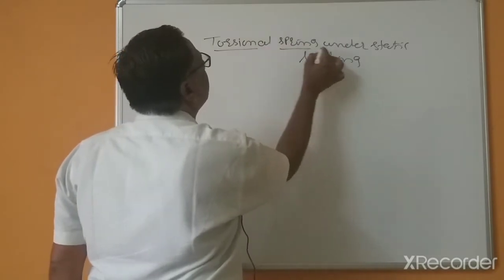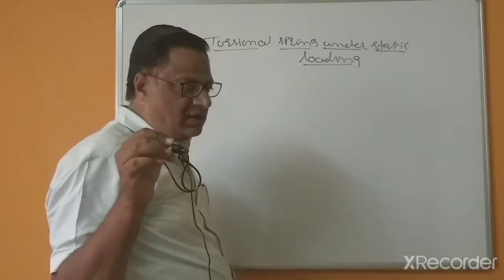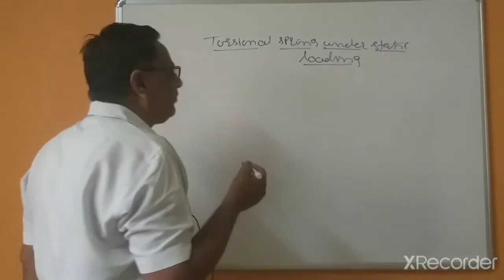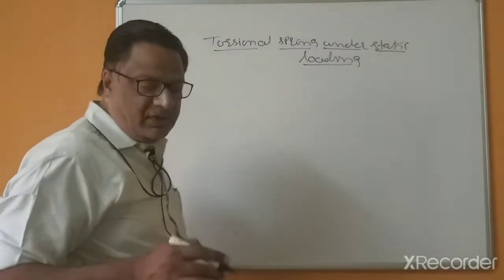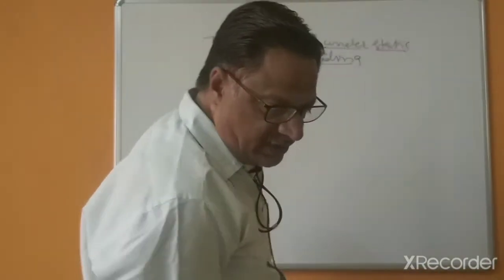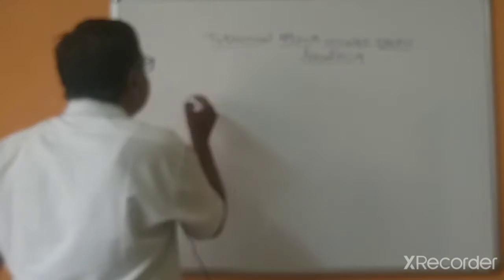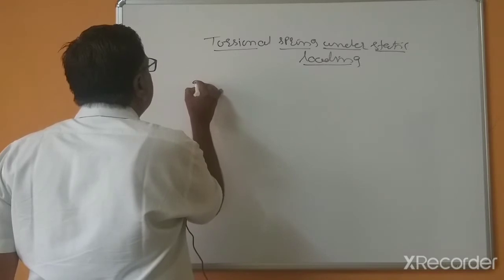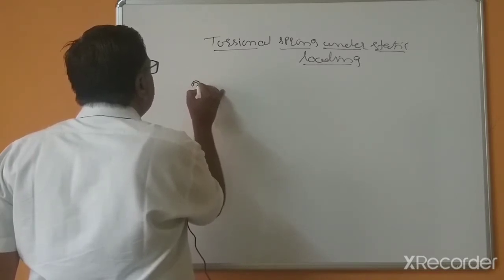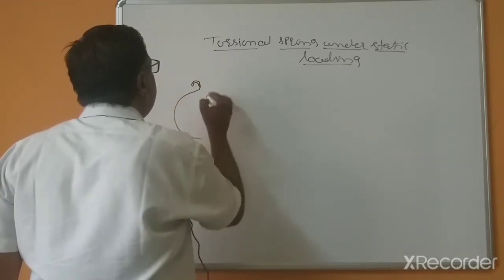We already studied the design of helical compression springs. Generally the stresses in those are compressive stresses. The design of tension springs is not given in our syllabus, so we only studied the design of helical compression springs. Now, the shape of the torsion spring: on both sides hooks are provided, and it is circular type.